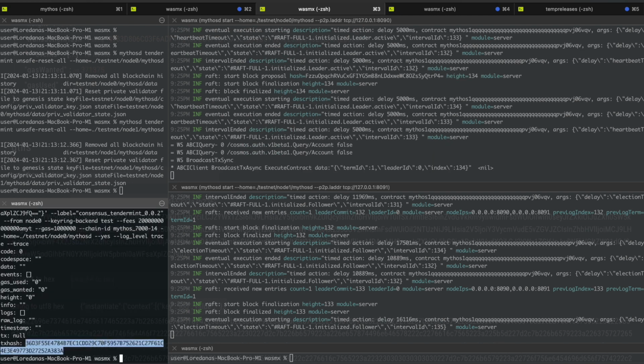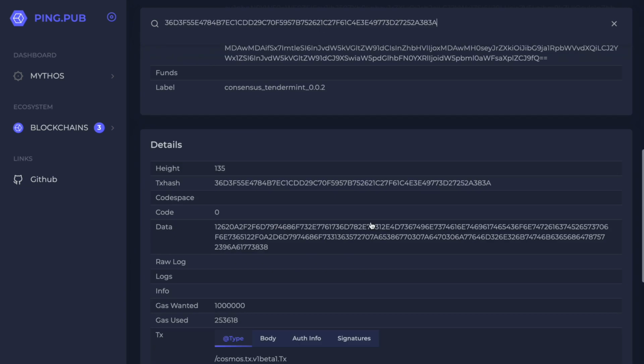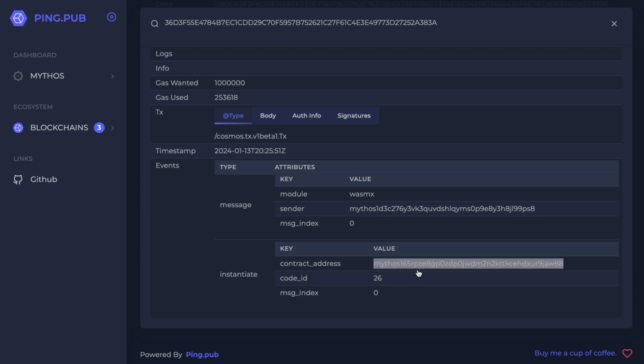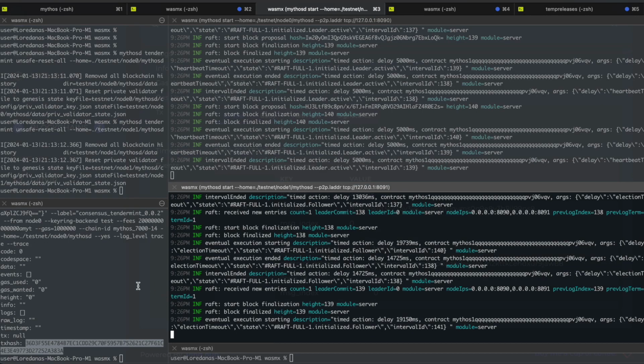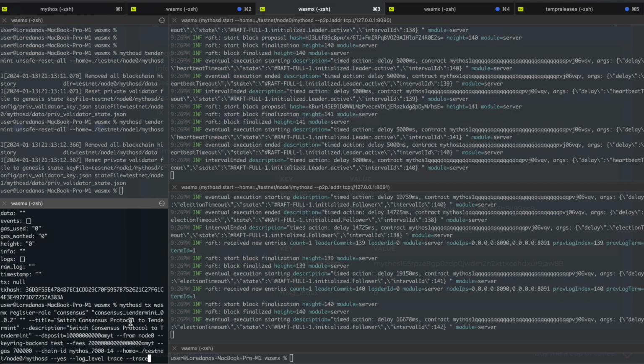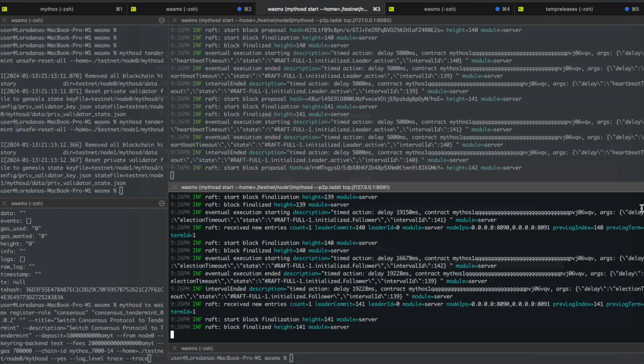We get a transaction receipt, and we will take the contract address from the events of this transaction. So this is our governance proposal, and let's copy this contract address.